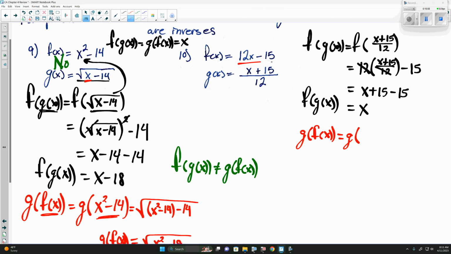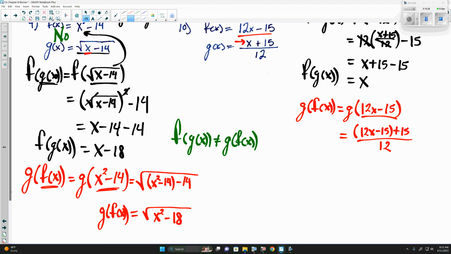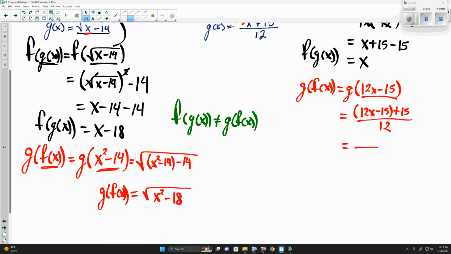Now, going the other direction, we start off by plugging in f of x's function for f of x, which gives us g of 12x minus 15. And then we plug this in place of x in g of x, which gives us 12x minus 15 plus 15, all divided by 12. On the numerator, our negative 15 plus 15 is 0, which just leaves us with 12x divided by 12, which is x. So g of f of x